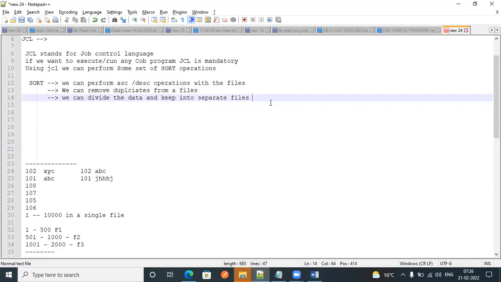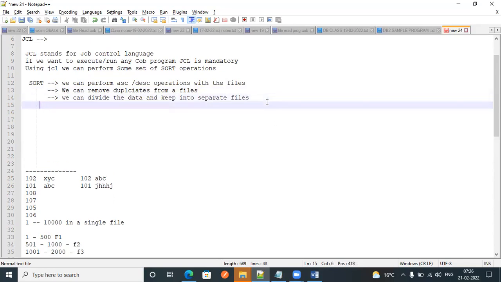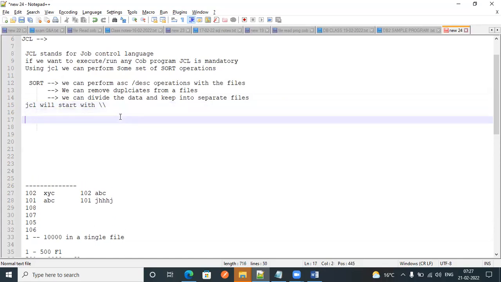Okay, again coming to JCL. The next one is, JCL will start with these slashes. JCL starts with this set of lines.